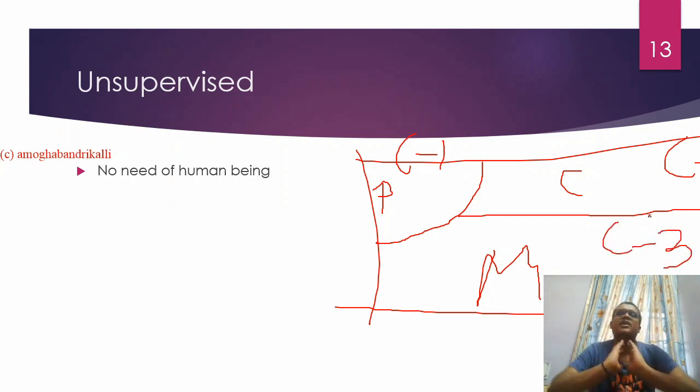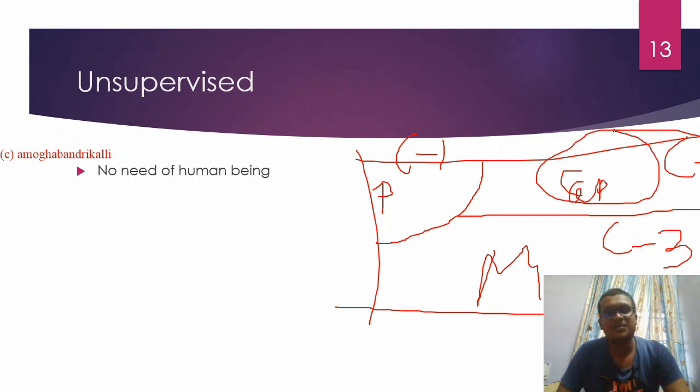Cluster means some kind of a box, for easy understanding. If you have any object in this position, that object should be placed in one box, and the name of that box is pen. In this region you have a cap, so any object coming from this region will be pushed to another box, and the name of that box is cap. In the same manner, mobile.